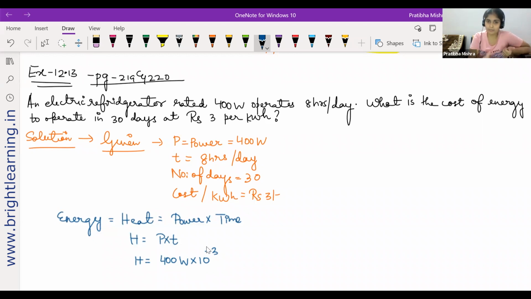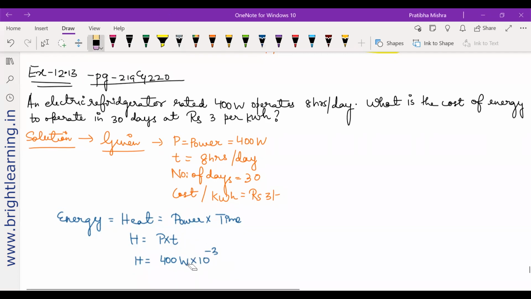You can either do that, since it's in watt, right? Or what else you can do? You can just keep it simple as in watts itself. Later you can convert the overall answer. Anything is fine. So let me do it like this. When I'm multiplying it with 10 to the power minus 3, then I will remove this W from here and I'll directly write kilowatts. Okay, because I have already converted it.